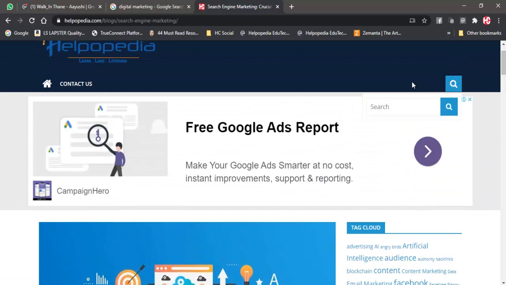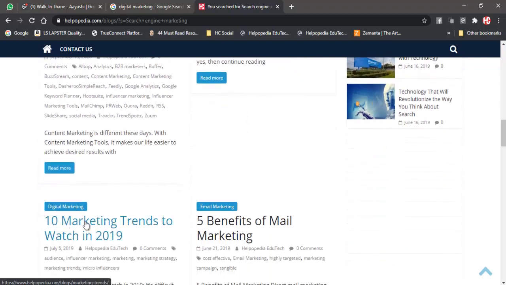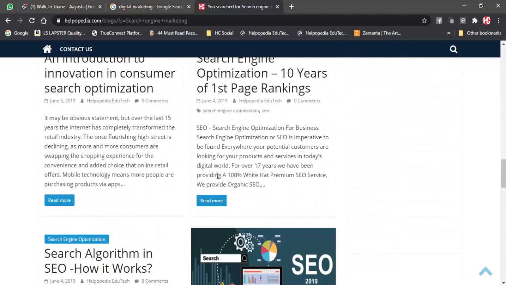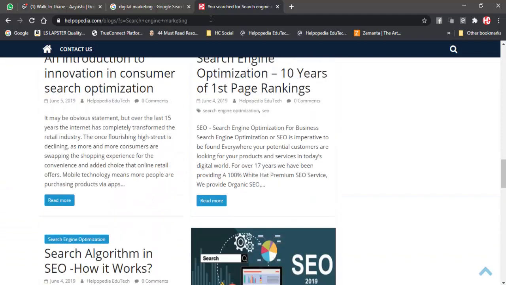So if people are searching for search engine marketing, then I press enter, then I will get all the results that are related to search engine marketing. So this keyword is containing, see over here, email marketing is there. Over here these all blogs are containing that particular keyword exactly as we have searched. So this is all the blogs. So for this reason we need to have it in navigation. If we would have not got those keywords in navigation, then all these results wouldn't have come up. So that is what we need to know.